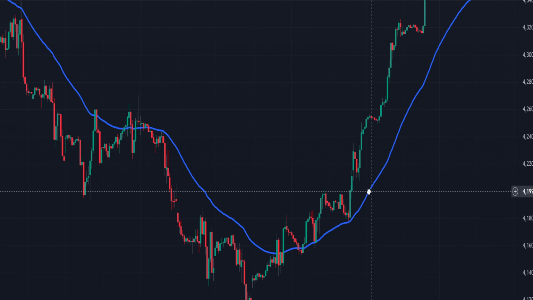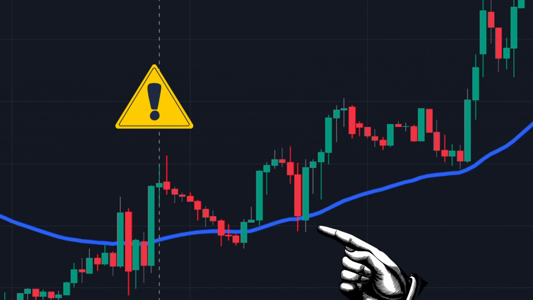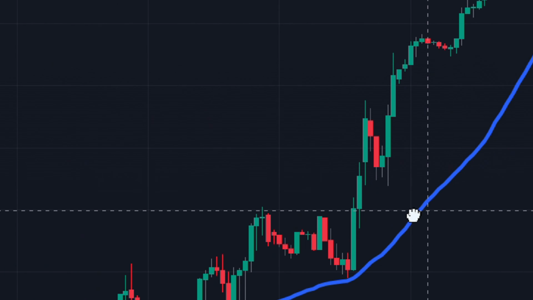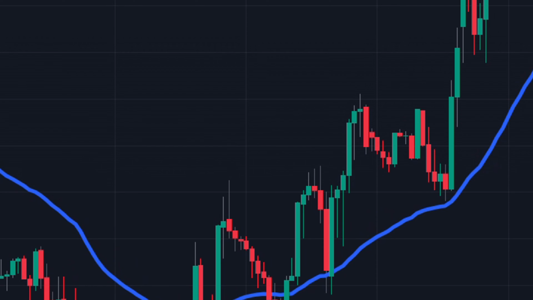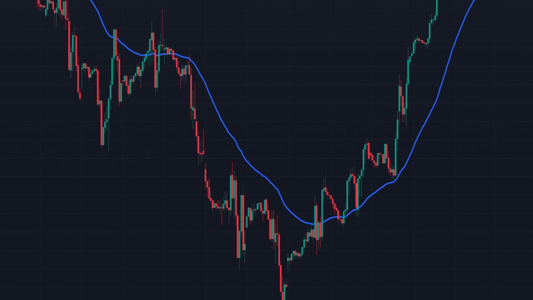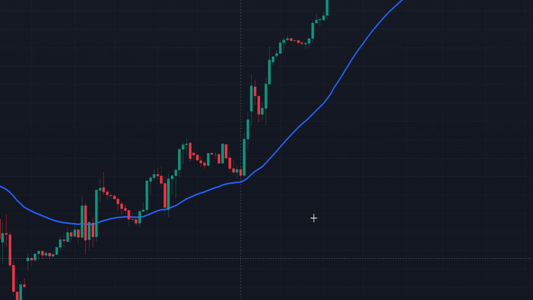5. Look for confirmation through candlesticks showing rejection or consolidation around the support area, like wicks sticking out or inside bars. This approach integrates the 50 EMA into a comprehensive trading strategy that considers both price action and indicator signals